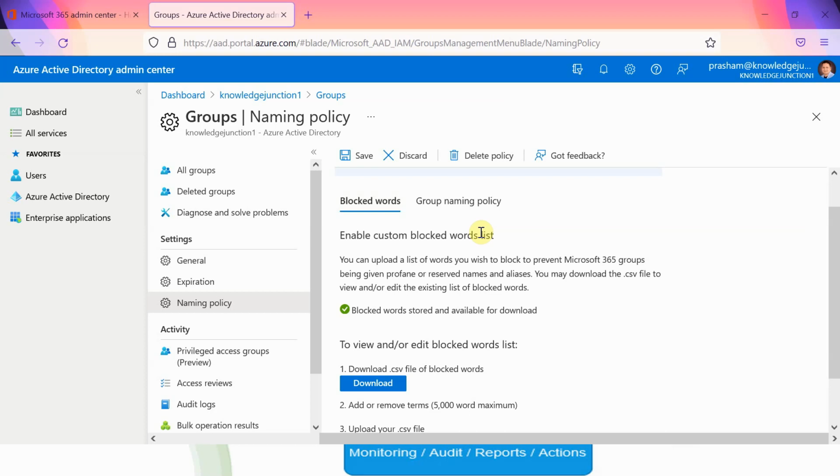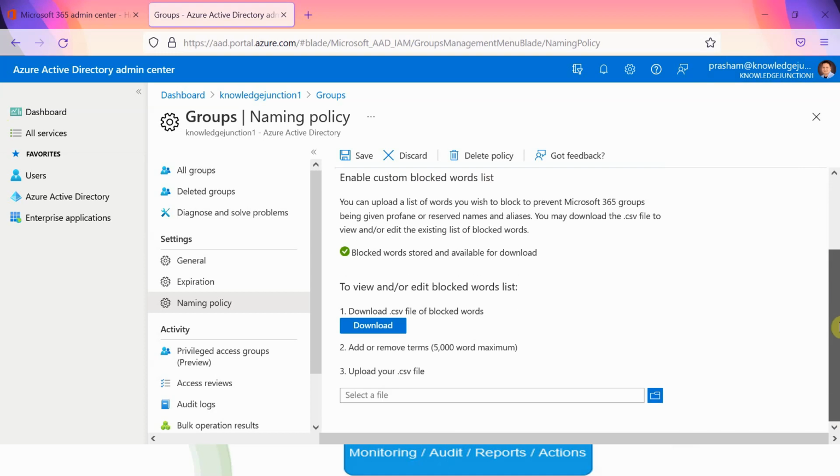So why are these important? They are important for the findability of the team and for consistency in the team's naming convention, so teams are easily identifiable: who created the team, for which department it was created, and so on. This is one of the governance decision points. We need to answer whether our organization has a proper naming convention set or not. If not, then I must say that we must set the naming convention, at least with these out-of-the-box approaches. Okay, now let's start setting the naming convention. See, here there is a blocked words option.